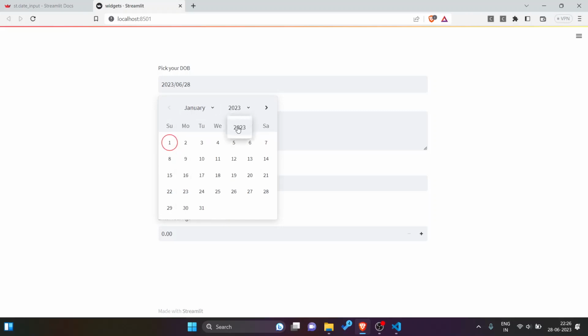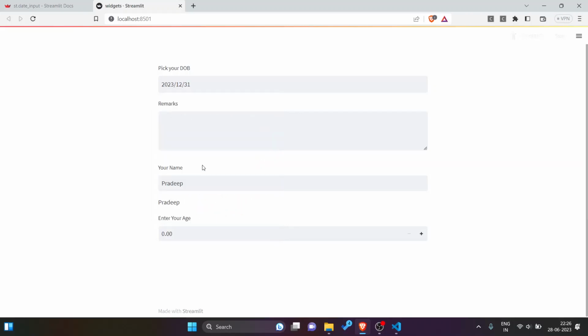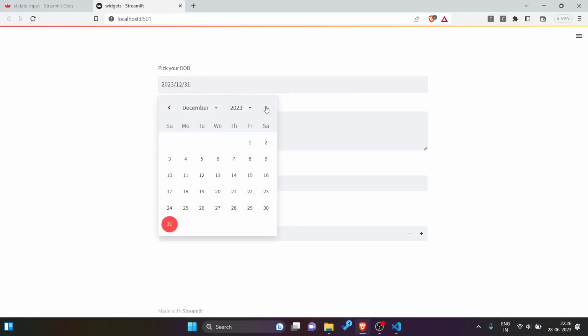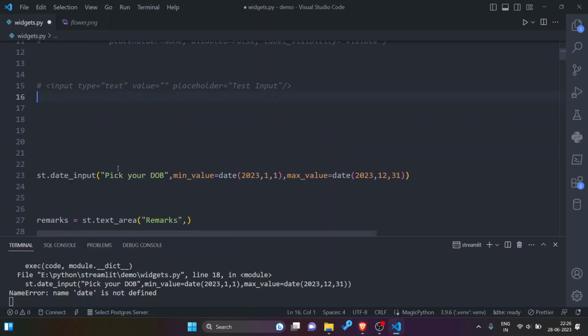Similarly, because I have chosen 1 year, only 1 year calendar is available. Let me go to December and select 31st December. Now if I want to go to the next date of another year, it is not allowing me. So this date input was similar to input type is equal to date in HTML. Okay, that's it for date.